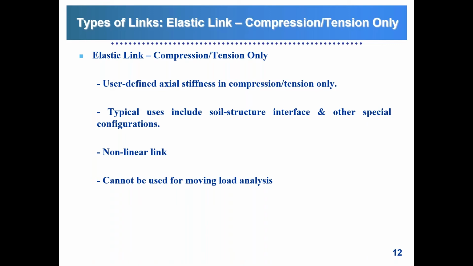As an initial guess, the software is going to consider that all of those links are active. Okay, so it is going to analyze the structure, assuming that all of those links are active, and it is going to find out which of those links are in compression and which of those are in tension. Those links that are initially found to be in tension will be removed from the model automatically by the software. They will be removed from the model, and the software will rerun the analysis. So it's going to keep doing that iterative procedure until it finds that all the remaining links